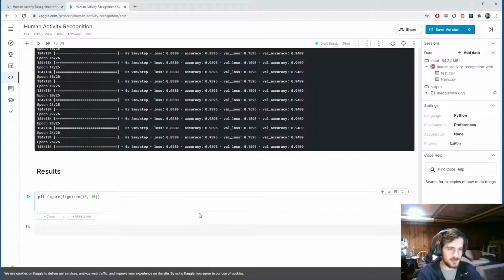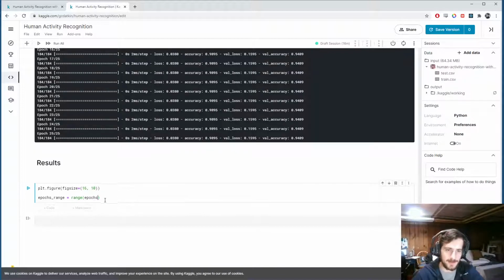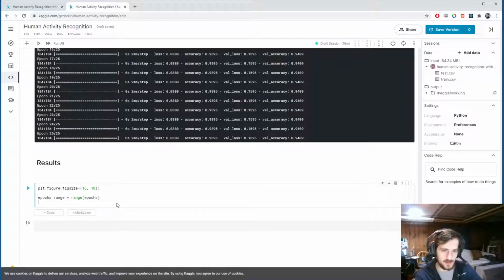Okay, so let's make some axis data. For our x-axis, we want to plot the epochs. So I'm going to make epochs range a range of the number of epochs. So that'll index from 0 to epochs minus 1. And then on our y-axis, we're going to have 2 values. We're going to have train loss, which will be